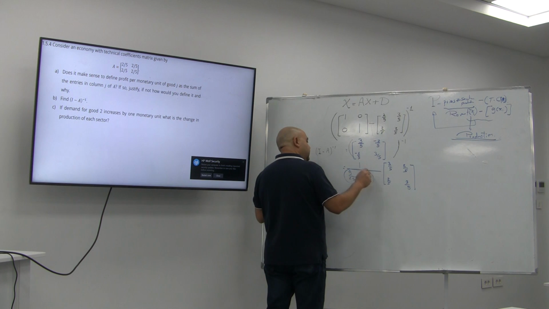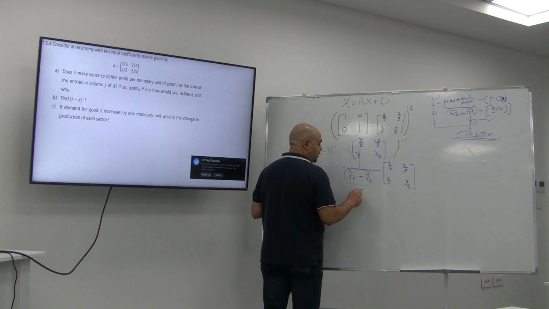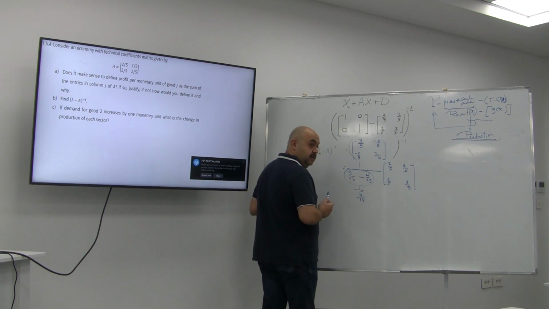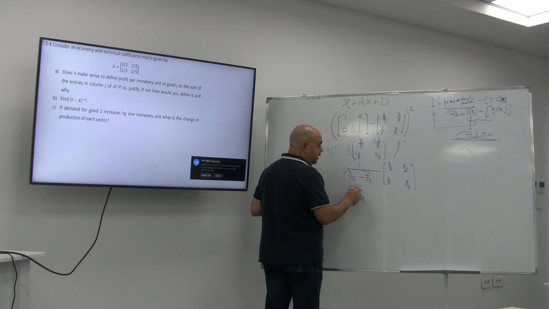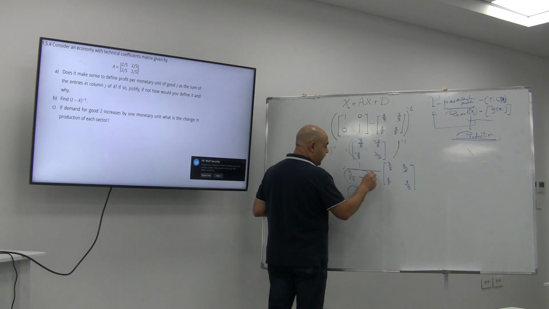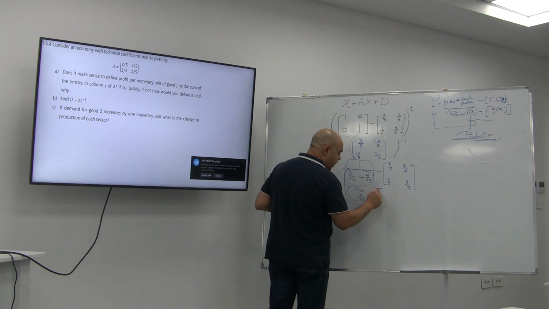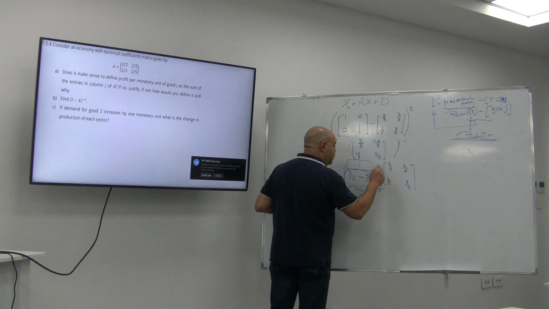This number can be 9 minus 4, so it will be 5 divided by 25, yes, denominator over denominator. So this value is going to be 1 over 5 divided by 25, so simply I can move the 25 to be a numerator. Yes? 25 over 5, so the result will be,